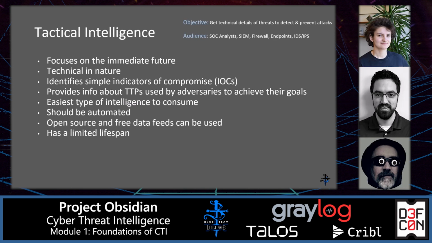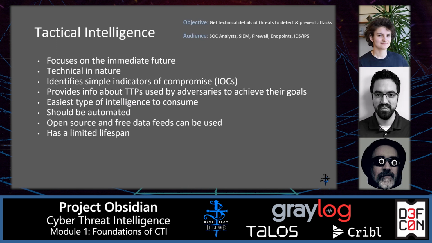So like indicators of compromise, like IP addresses, hashes of malware, etc. And the people interested in this intelligence would be like SOC analysts, your tools like a SIEM, firewall, endpoints, intrusion detection system,